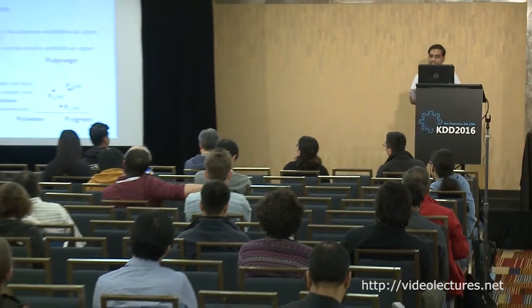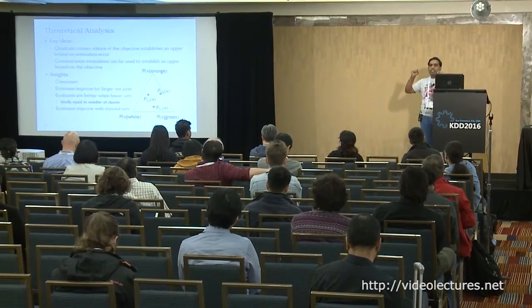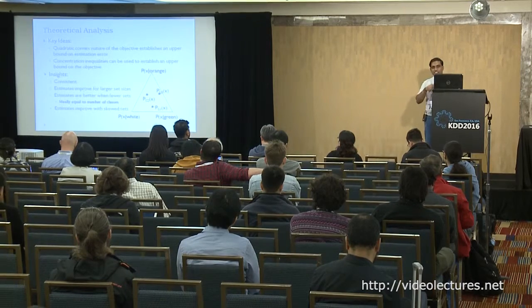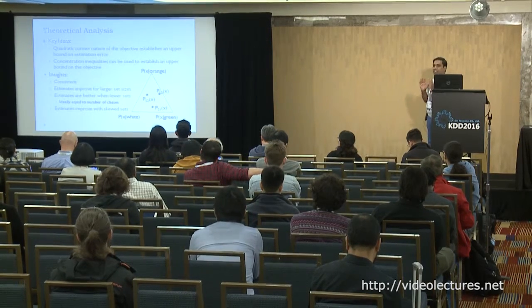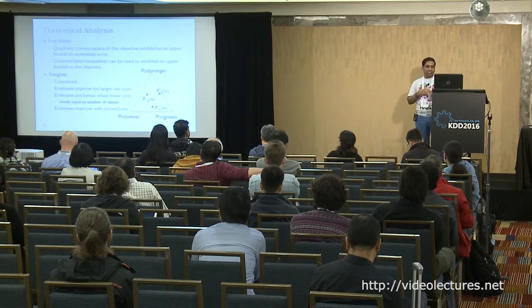And estimates improve as the sets are skewed. That is, as S1, S2, S3 reach the corners, you get better and better estimates of your class ratios. So these are the key insights that one obtains just by doing the theoretical analysis, and these are good because we'll see how they are useful for privacy. First of all,